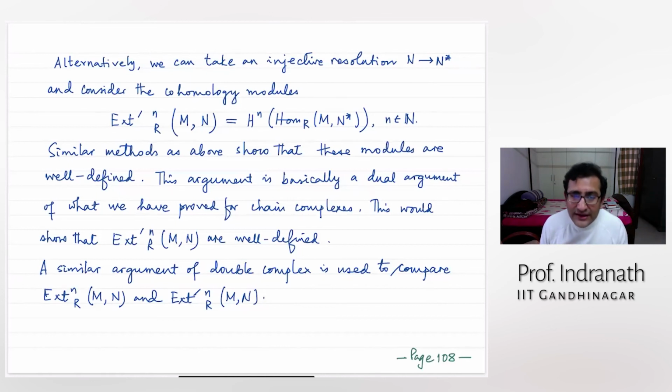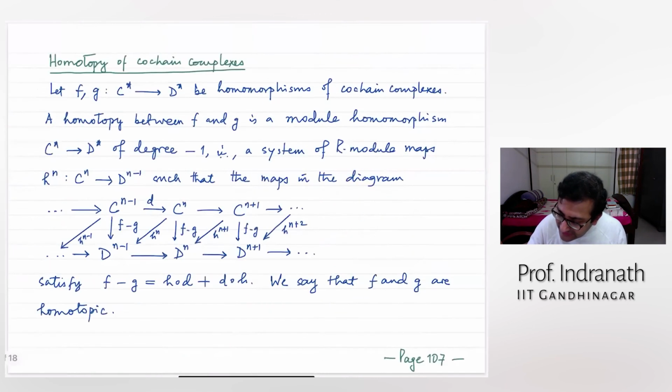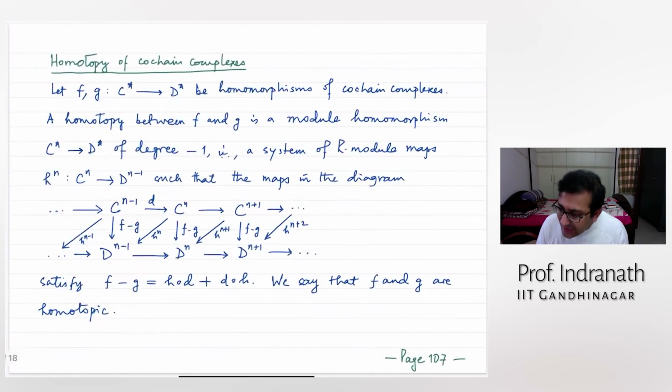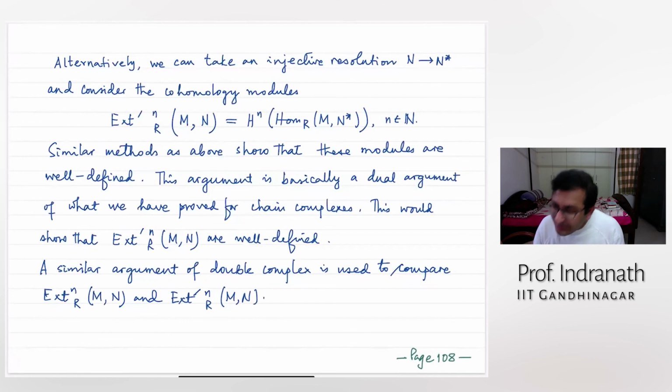So the well-definedness of this, I'm calling it X dash, and the other one I'm calling just X. Both the definitions are well defined, that is fine, but now the question is, how do you show the isomorphism of these two? This is very interesting, but again a lot of tedious work, basically the same double complex technique. But remember, here one is the projective resolution and another is the injective resolution. So this is where you have to be a little careful, but essentially the same proof goes through.